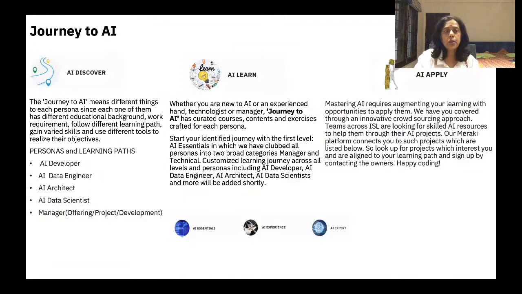So, for the journey to AI, you have to do three things. You have to choose your persona. It's pretty much the same thing which I talked about. You can be a developer, you can be a data engineer, you can be an architect, you can be a data scientist, you can be a manager, you can be a project manager, dev manager. Multiple roles are there, and based on that, you build your learning path, and then